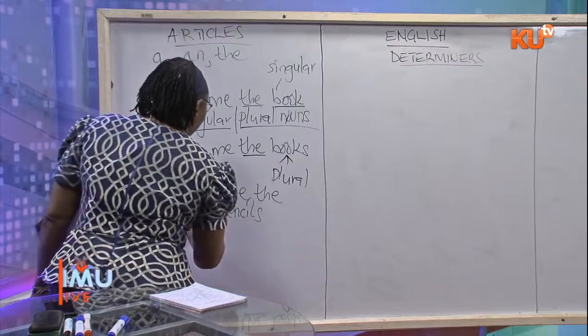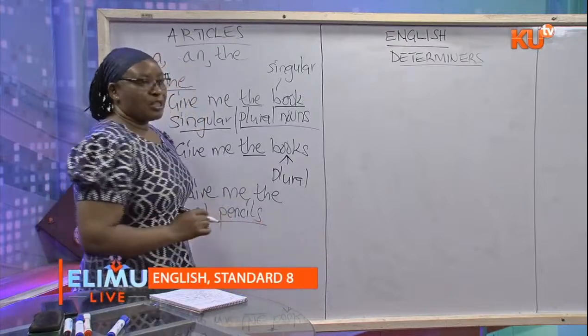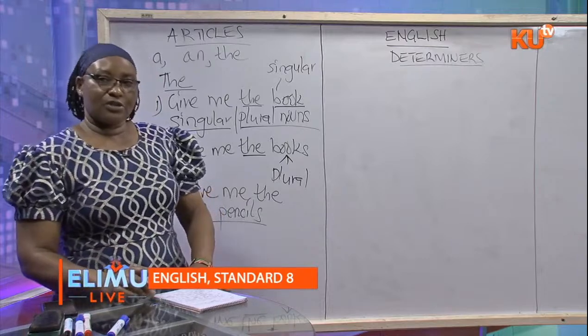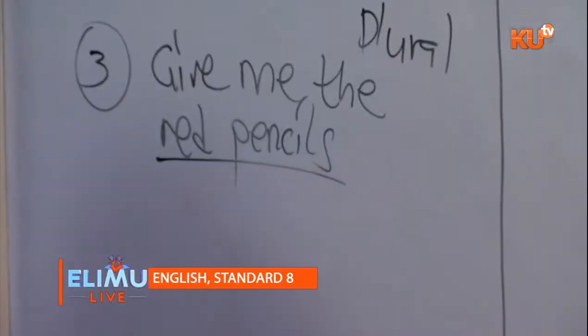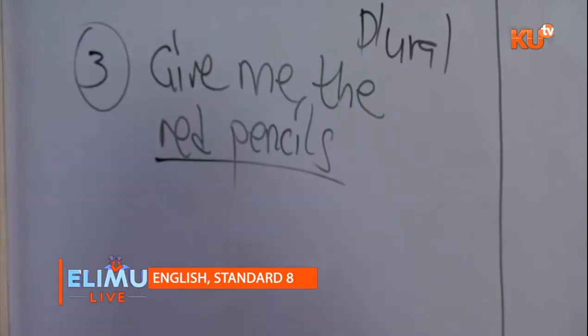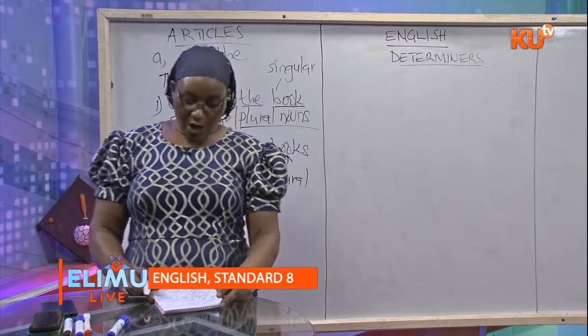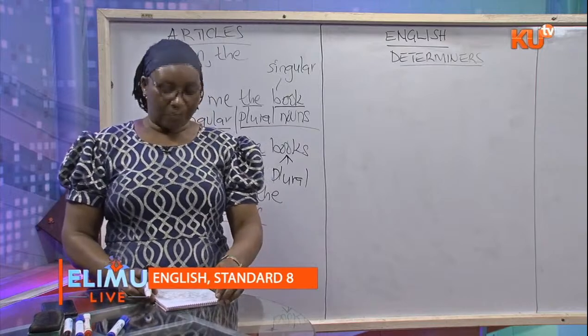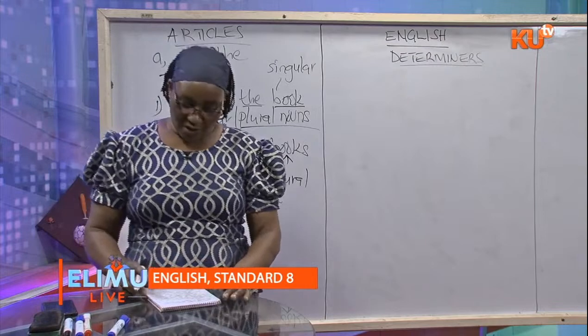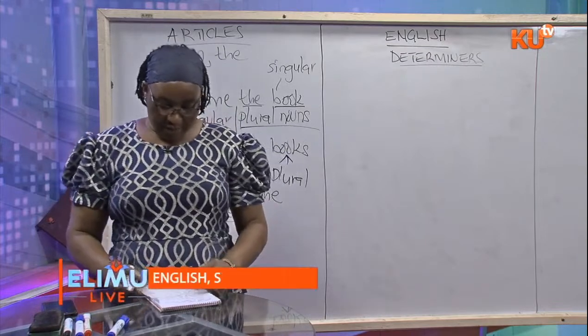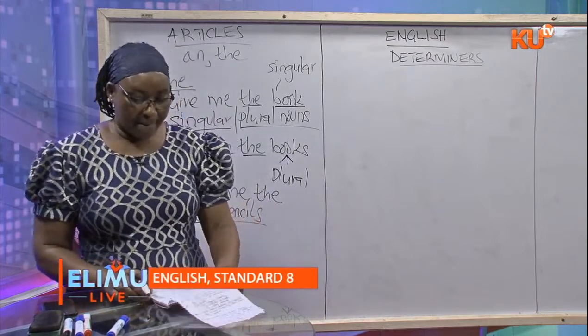Only the red pencil. So article "the", in this case, we have seen it is used with both singular and plural nouns, and refers to a particular or specific noun which is known to both people, the person who is asking and the person who is to give the item. Now then we have the other